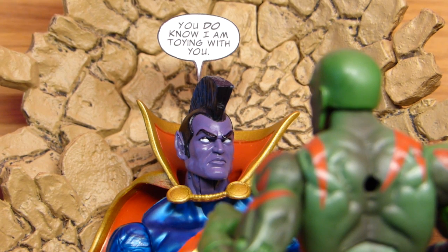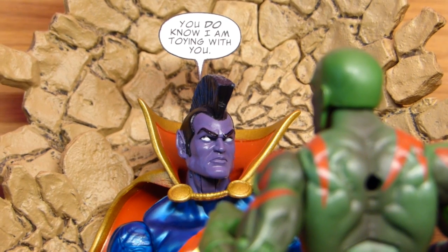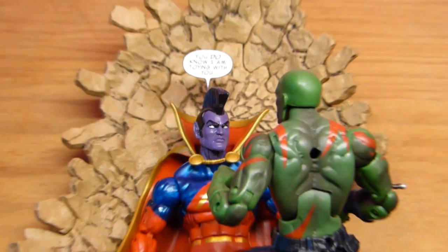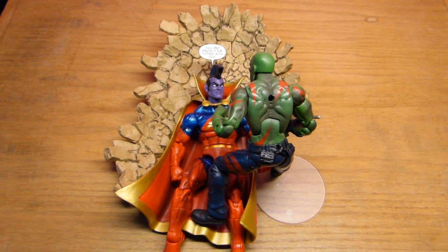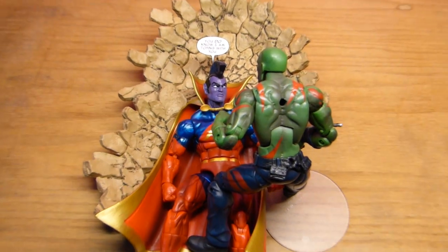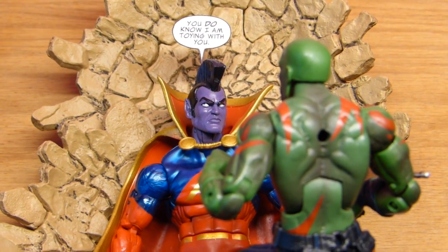Alright, so it's actually been a couple days since I got done shooting this photo, and everything kind of fell apart, so I just quickly put it back together so that you could see how I pulled it off. I just have the blast effect laying on my display table or bench, with part of it taken off and moved to the side, the right side of Gladiator here, and Drax just standing over him. I've got Drax's right foot on a stand and his other foot standing on his cape, and let's see, so yeah, Gladiator's just laying there on top of everything, and then the cutout I have suspended